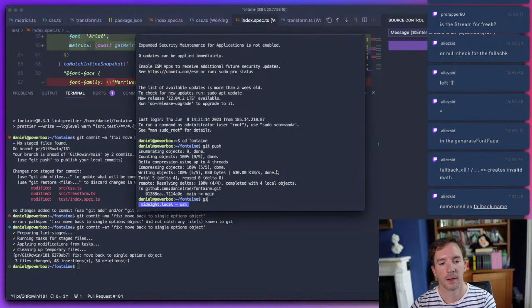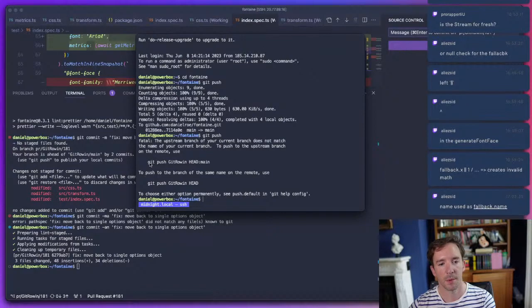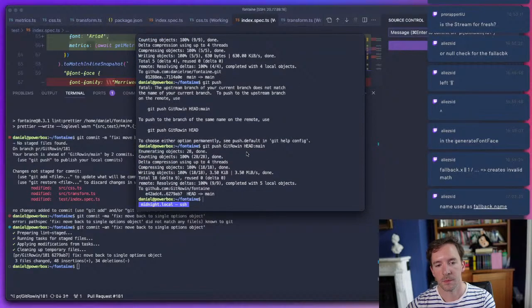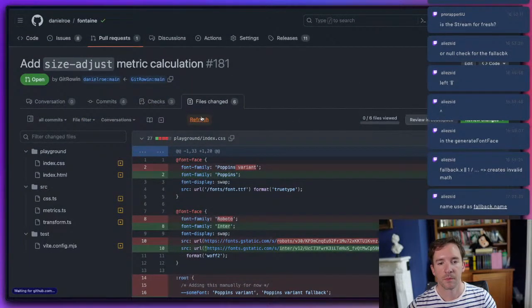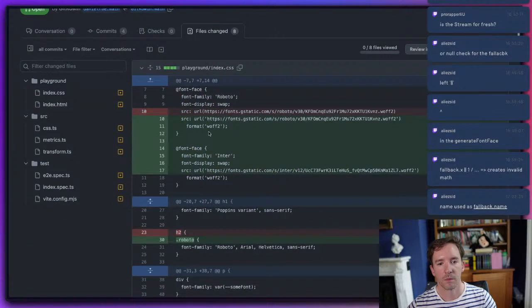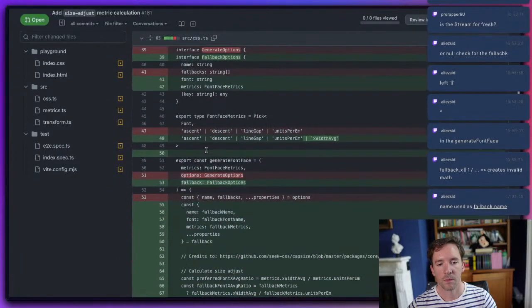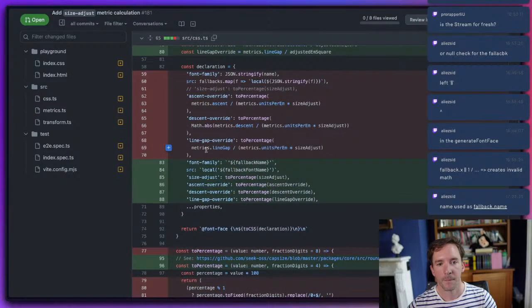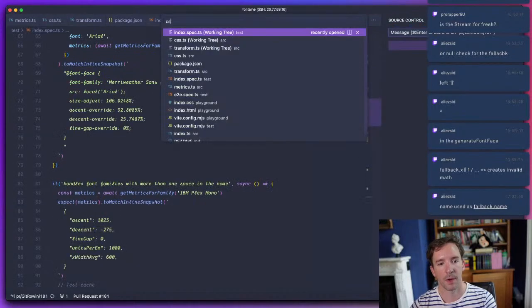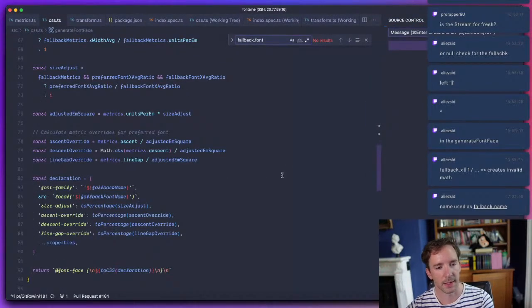Okay, and push it up. Oh, I do think we want stringify. That's a good point, because otherwise, if the name, for whatever reason, has something strange in it,